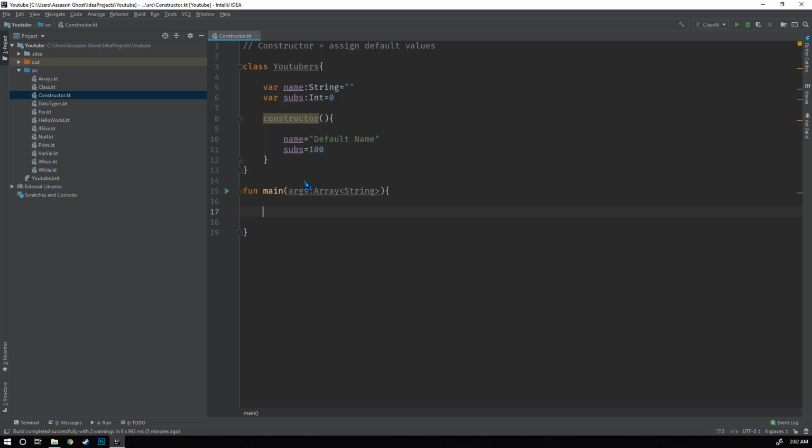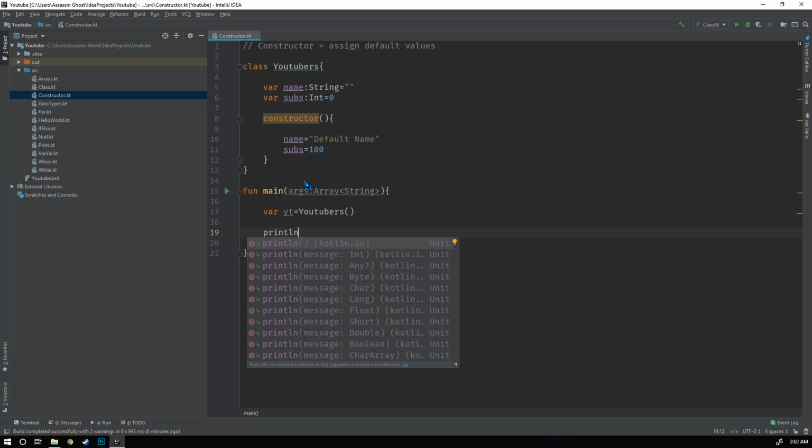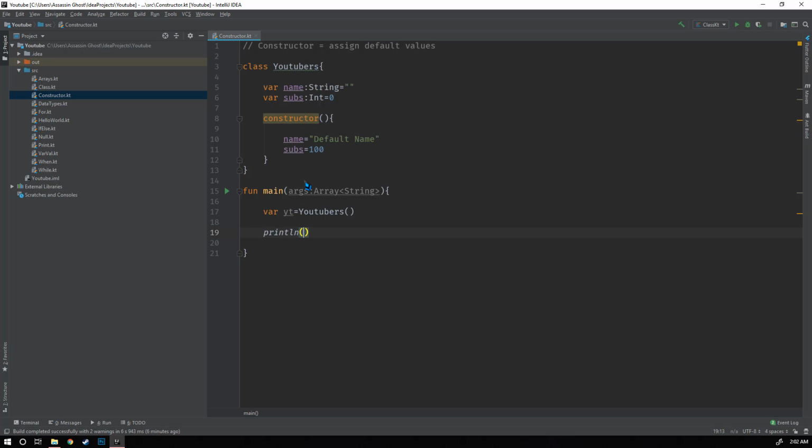Here we will create a new variable, let's just say yt, short for YouTube, and then we will use our class, YouTubers, and bam. Now we can directly say println yt.name,